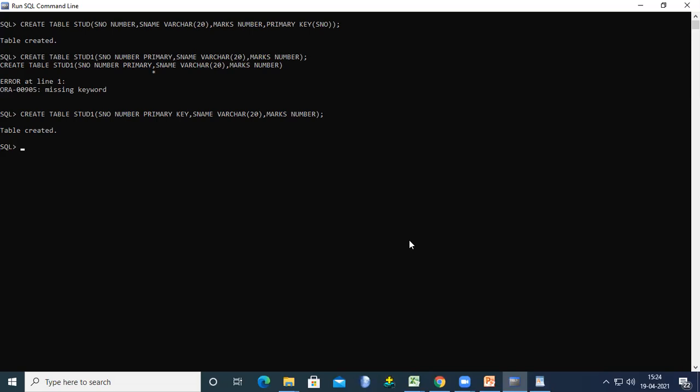And the third type I will explain now. For example, here I'm giving stud2. Now I try to insert values into stud2: insert into stud2 values.